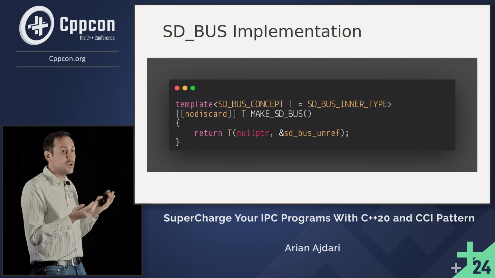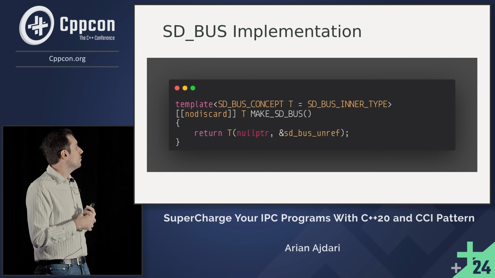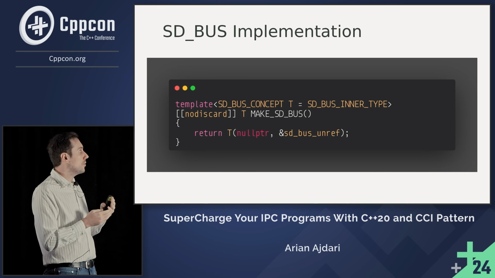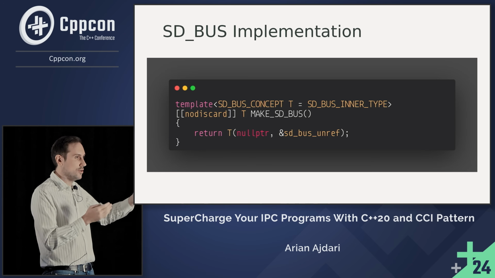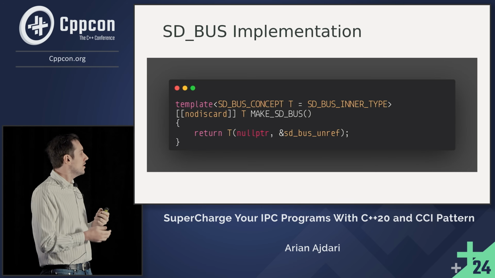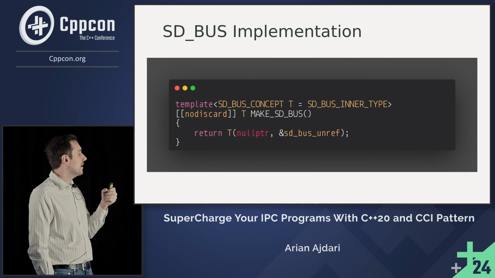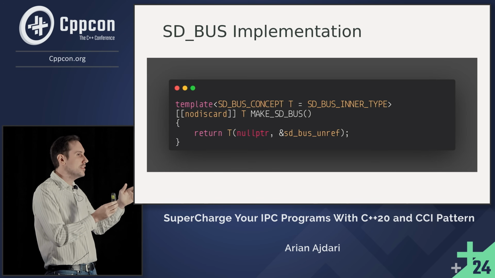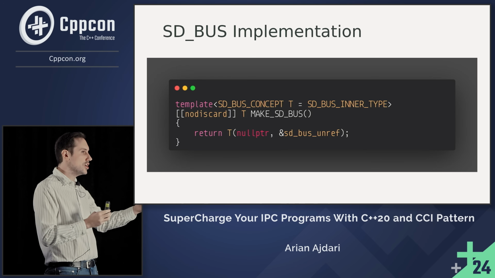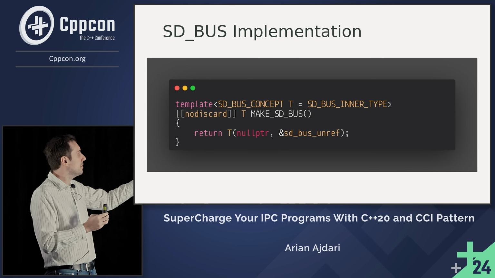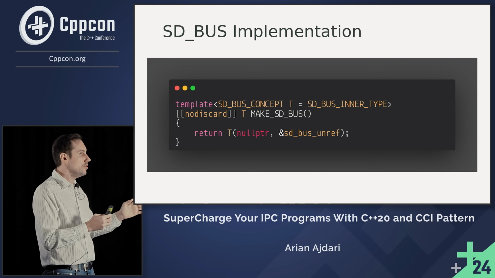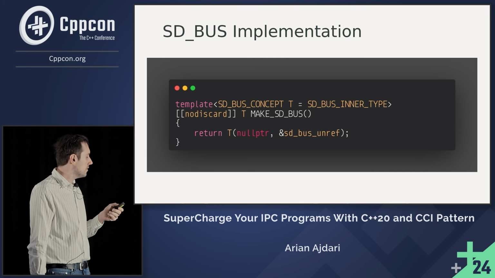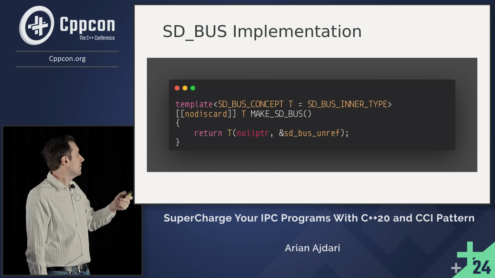And now we are at the fun part. We can start with the implementation. We can use the facility of C++ that when we declare a templated parameter, instead of writing typename, we can actually provide the concept. So it means we are enforcing our contract. We can also provide the default value which says it has to be an sdbus inner type. So this also makes it easier to apply this parameter because you have consistency. You start with the contract, then the concept enforces the contract, and through the implementation, both of them are mentioned one more time. So it provides a sense of consistency, and we just create a simple dbus object using the constructor that is provided.